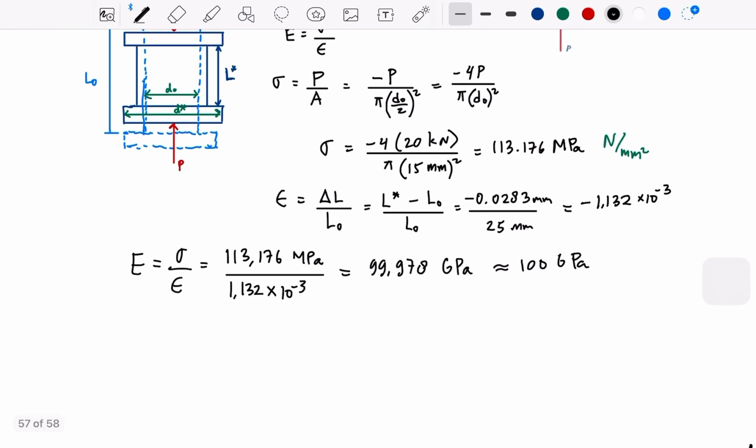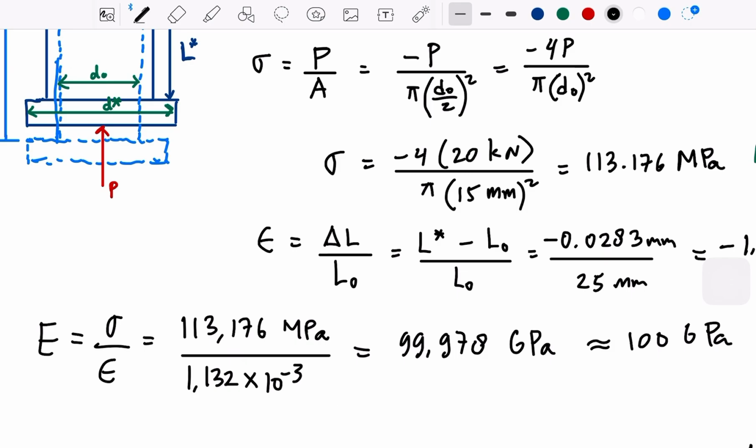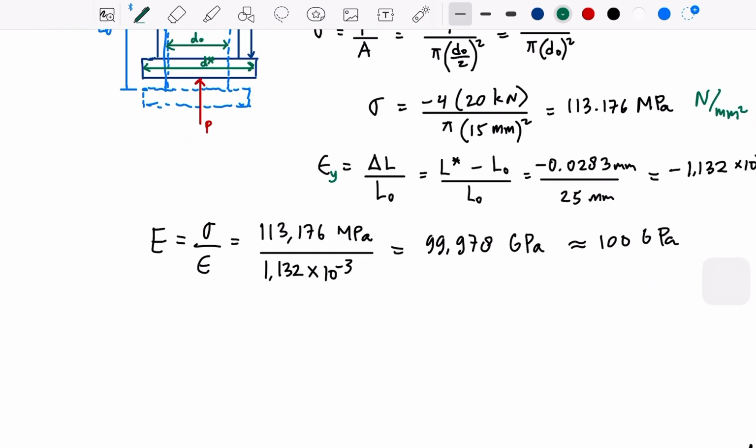Okay, so I think it's perhaps better to denote the strain here as Y, okay, and the other strain is X. I think it's better to differentiate the two strains. Okay, so this is A. Okay, so B, the strain in X,